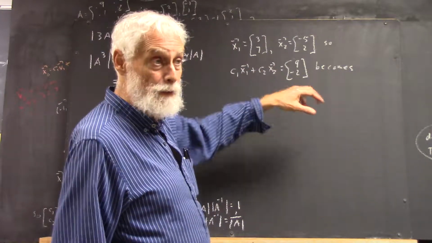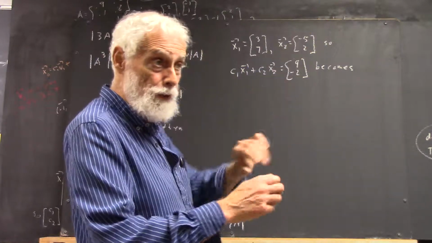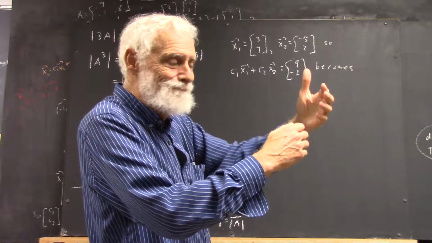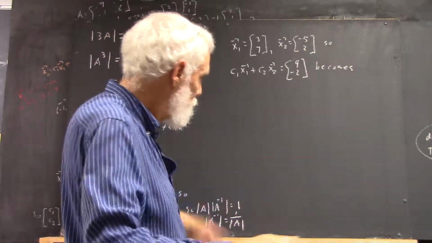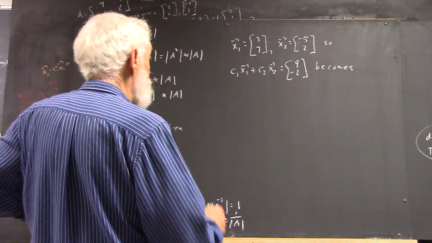Remember, we did that with pictures. Here's the vector, here's the vector. Now we want to get this one, so we go out so far along this one till we're in a position where we go in the direction of the other one to get this one and all that stuff. So this equation becomes